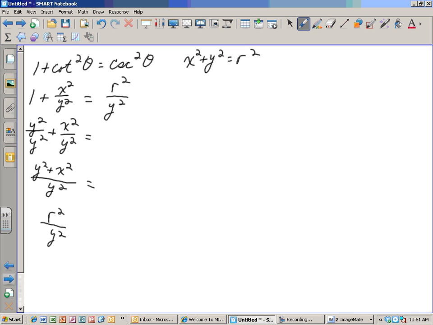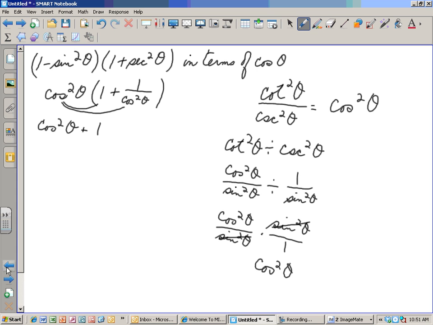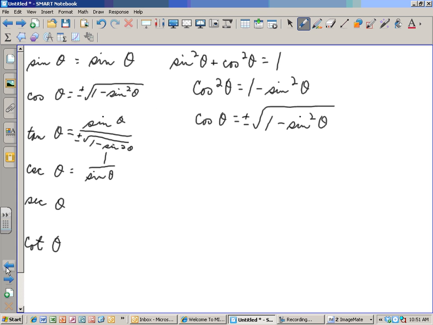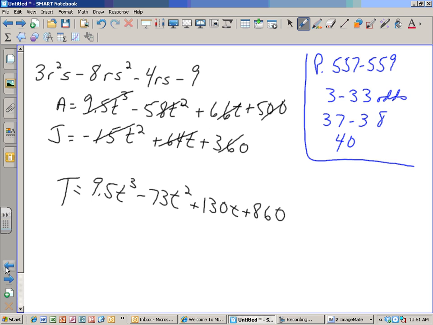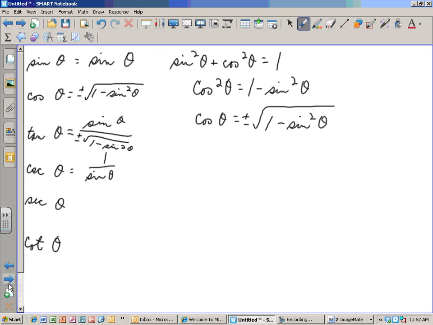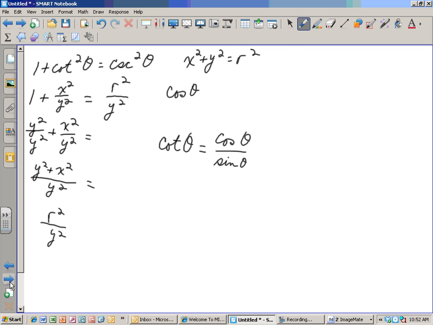It's right in terms of cosine. All right, and I want to write cotangent of theta in terms of cosine. Okay. Cotangent is equal to cosine. Did you get this far? And what is sine equal to? Well, John, go back to the other screen. And I guess it's this one here. No. Well, sine